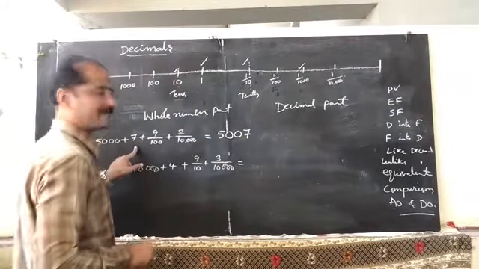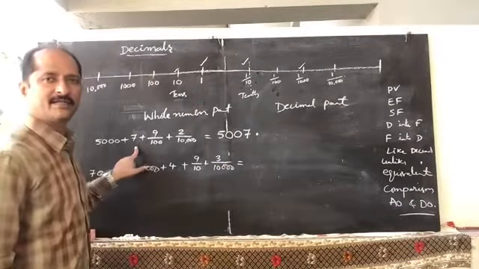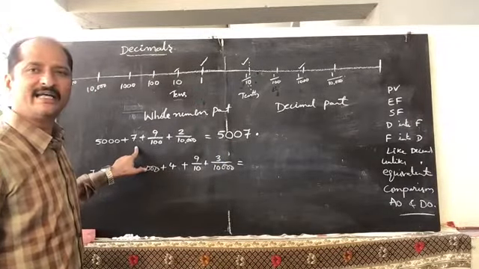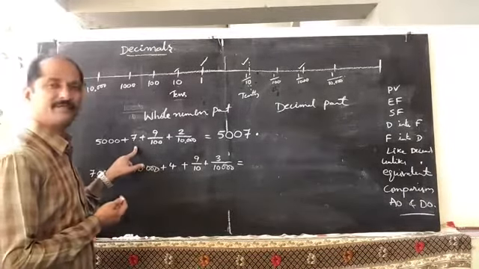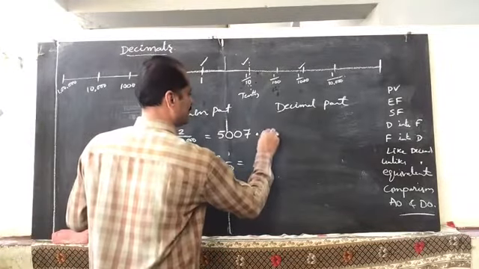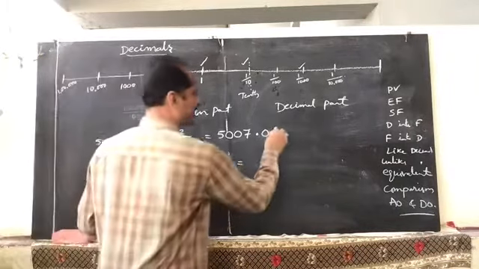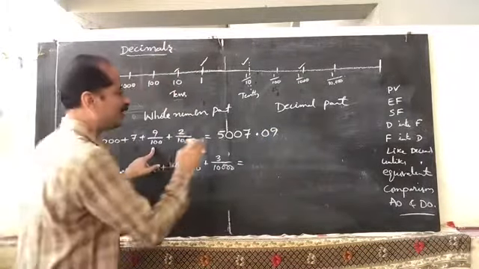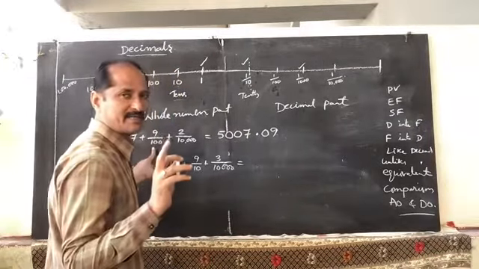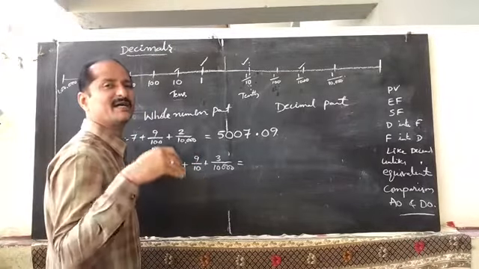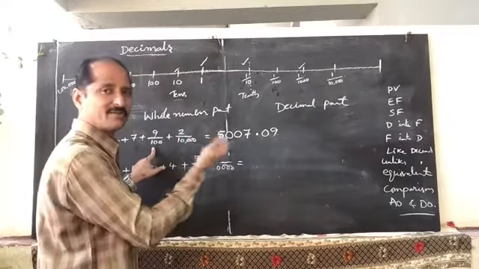So 5,007 point. 10th place. What is the digit in 10th place? No digit in 10th place, so write down 0 in 10th place. Next lower than 10th place, 100th place. We have 9 in 100th place, so write down 9. So in between we should place zeros. These zeros play a big role. That is very important to write down the short form. That is nothing but writing the numeral for any number name. We can also call this the short form.